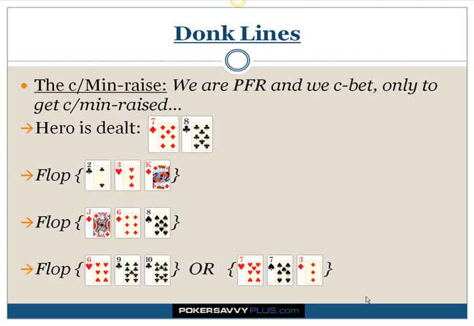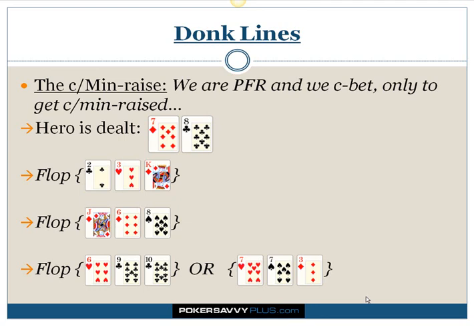The second one is a little more interesting because it's a relatively wet board, and some argument can be made for not c-betting this flop, but early on in a match I like to be c-betting a huge percentage of the time to see how my opponent's going to react. And with 7-8 on a flop like Jack 6-8 with 2 diamonds in this example, so it's a relatively wet texture, with middle pair on that board, we certainly get called by worse hands. When we get check min raised on this board,